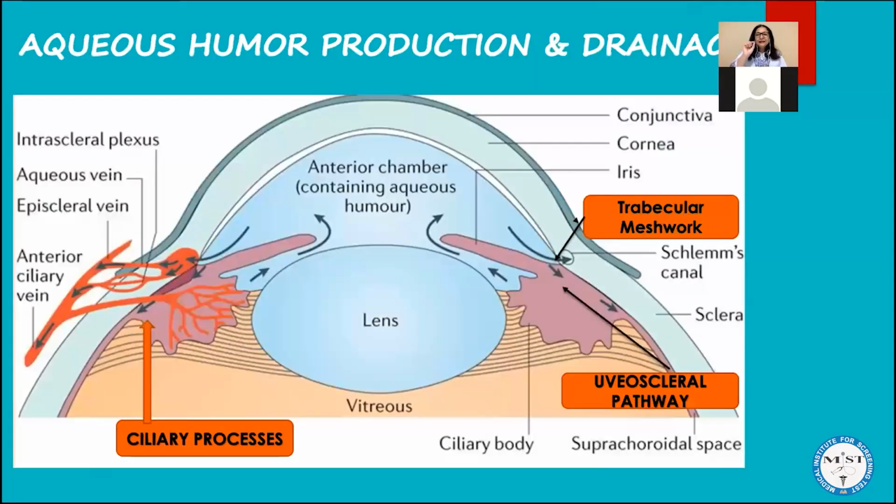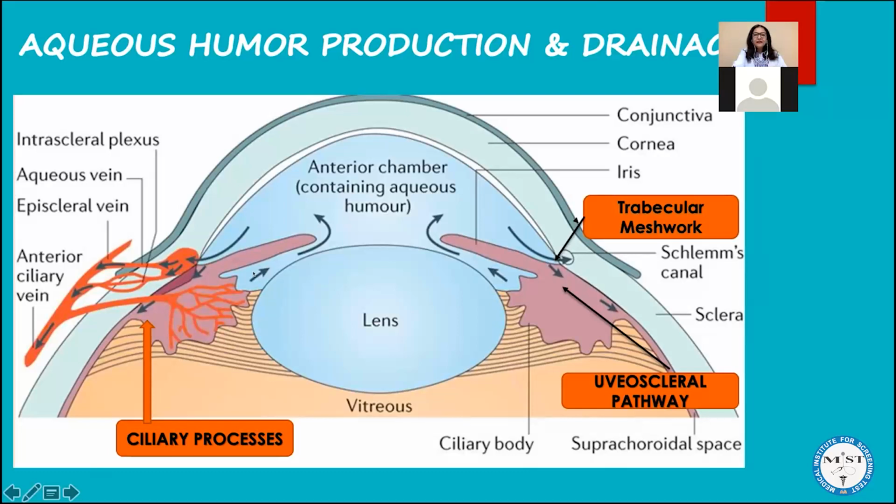Now we move on to another basic understanding before we discuss the types of glaucoma and why the changes are happening. That is the normal physiology of aqueous humor. We know aqueous humor is the fluid which is there in the anterior segment. This diagram is showing you the anterior segment. The anterior segment is filled with a fluid which is known as aqueous humor. Where is this aqueous humor being produced? It is being produced in the posterior chamber.